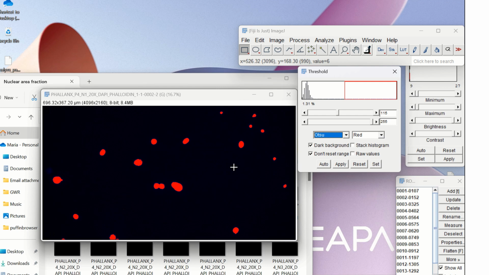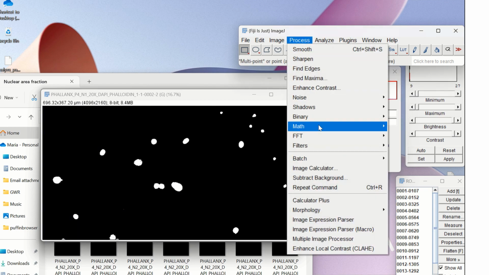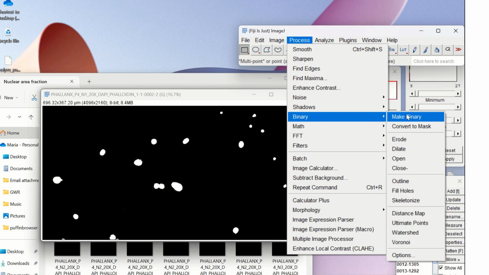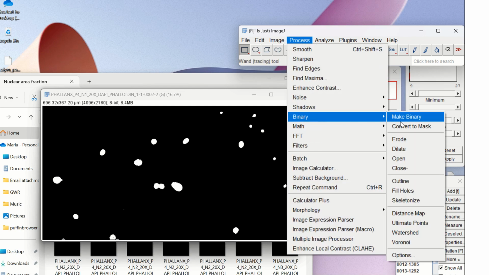segmentation algorithm type things. So we just want to select our nuclei, and because they're nice and round and very bright, they're very easy to segment for the most part. Okay, so this looks good to me. I'm going to apply, and then I'm going to go to process, binary, make binary, and then process, binary,